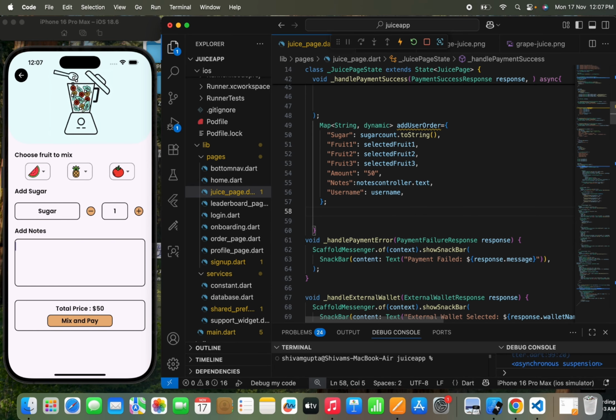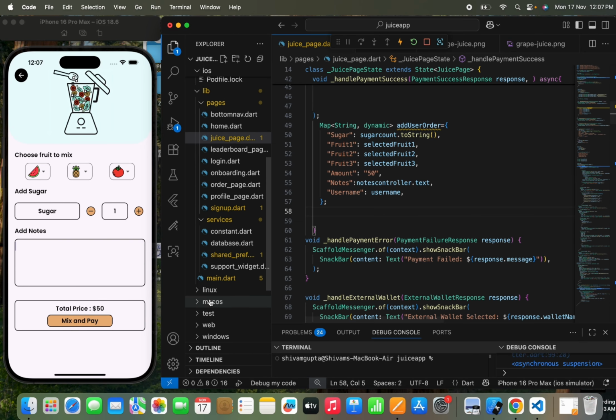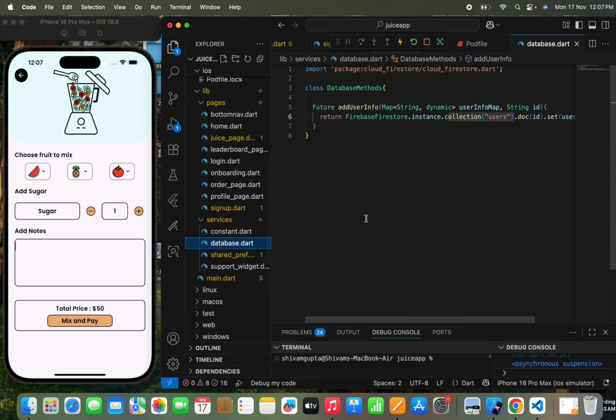Now you can see that we have just passed the sugar 1, fruit 2, fruit 3, the amount, the notes, the username. I think that's enough. We'll see if we need anything extra, and we'll add that. No worries about that. So we'll move to the database dot file, and we need to simply show that order